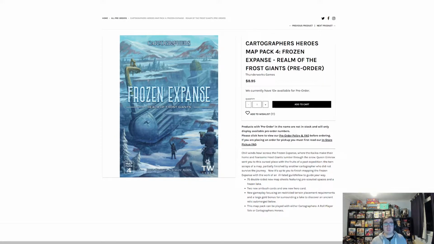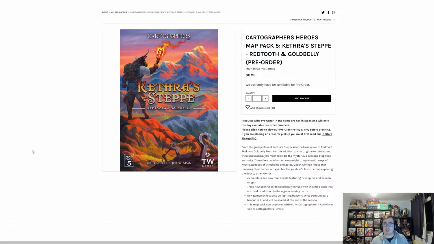The next map pack is Cartographer Heroes Kethra's Steppe, Redtooth and Goldbelly. So loving the Minotaur look on the front, and it looks maybe, just from the picture, you're seeing like that mountainy sort of vibes. From the grassy plains of Kethra's Steppe rise the twin spires of Redtooth Peak and Goldbelly